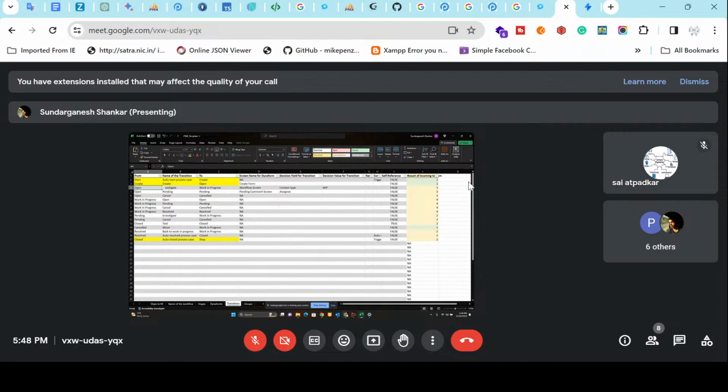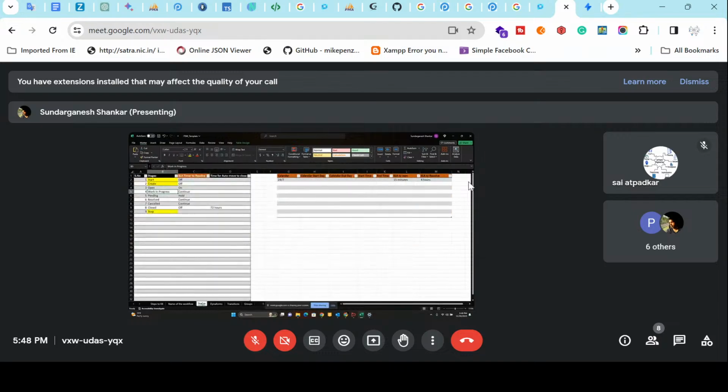Let me show it with an example, or else I think it'll be confusing. Okay, let me create one here itself. I have stages, and in stages there is open, right? In open, when I go to this